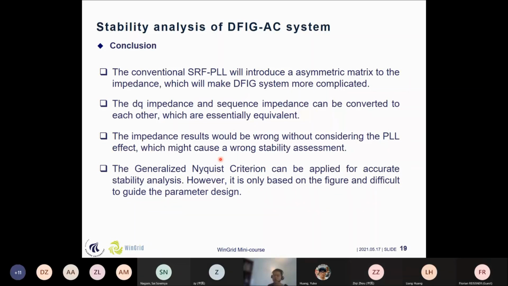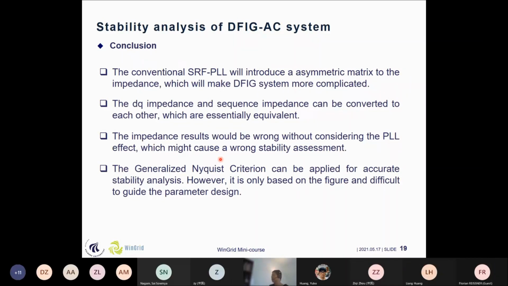So for you guys, if you are doing later research using impedance models, whether you are using the DQ domain impedance model or using the harmonic derivation under the sequence domain for the sequence impedance model, they are essentially equivalent. They will get the same conclusions, no doubt. Okay. And the impedance results would be wrong without considering the PLL effect, which might cause a wrong stability assessment. And the last is that we can see that the generalized Nyquist criterion can be applied